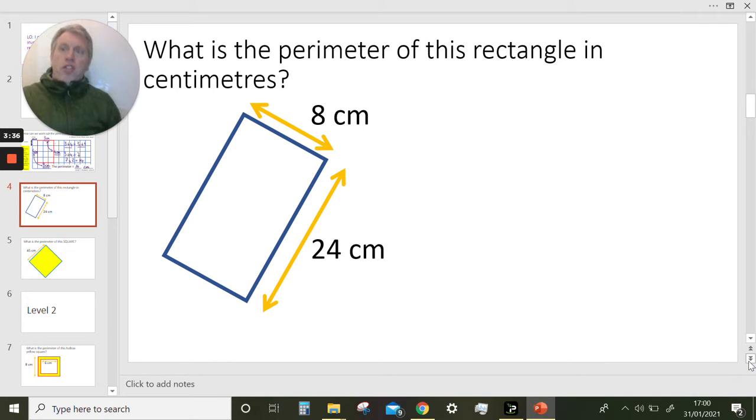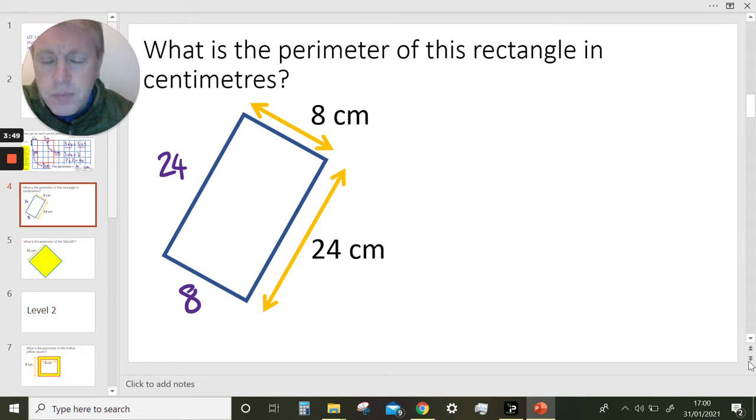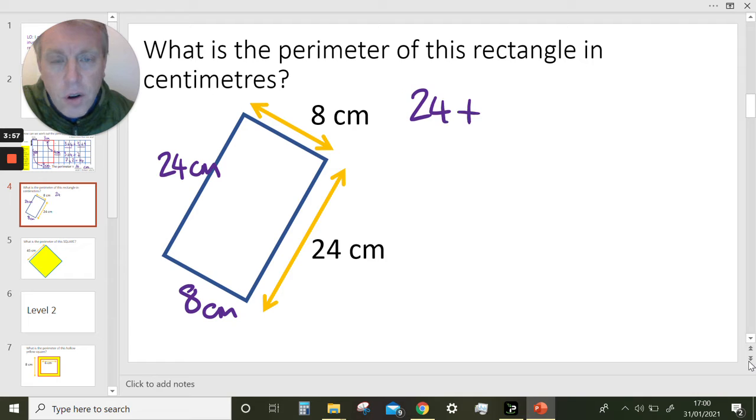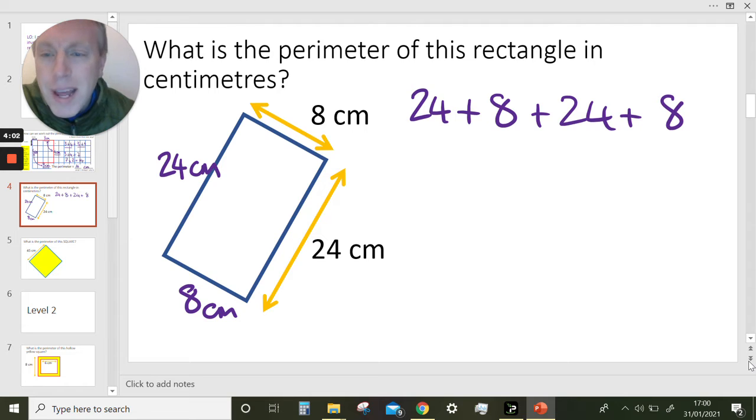What is the perimeter of this rectangle in centimetres? Well, we could do it like we worked out the other one. We could say 24, 24, 8 and 8 centimetres. I'll write centimetres in. We could do that. We could say 24 add 8, add 24, add 8, but wouldn't it be easier if we just did the length of the short side, 8 centimetres, add the length of the long side,